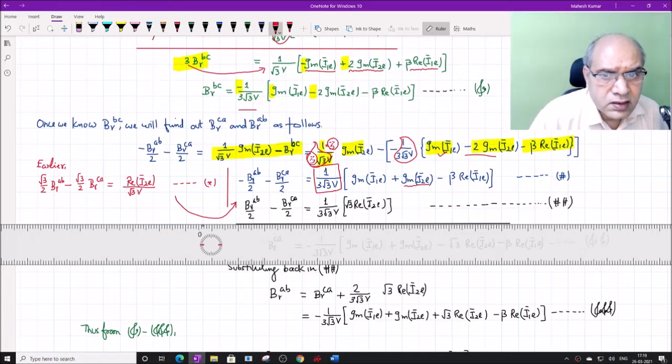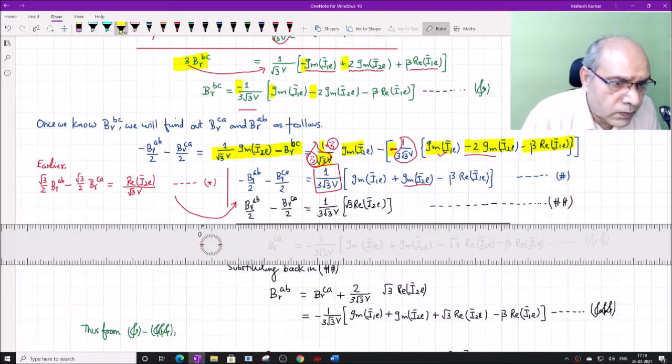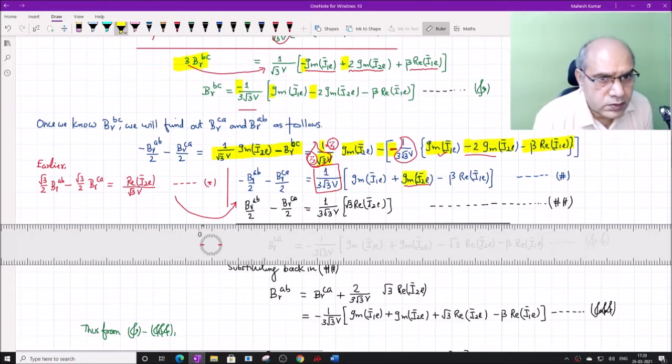B gamma BC is minus minus. Okay, so minus is common. Okay, fine. So minus minus plus again minus. Are you getting it? This minus is common to this one also. So this minus into this minus becomes plus and again minus. So minus 2 and plus 3. This is plus 3. So minus 2 plus 3 becomes I2L. I hope I am clear. So this is minus 2 and this is plus 3. So 3 minus 2 becomes 1, and hence this is I2L.